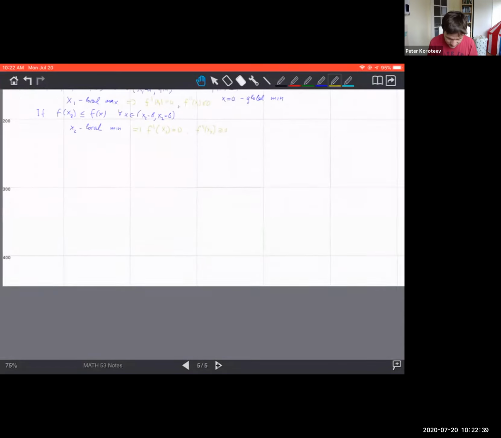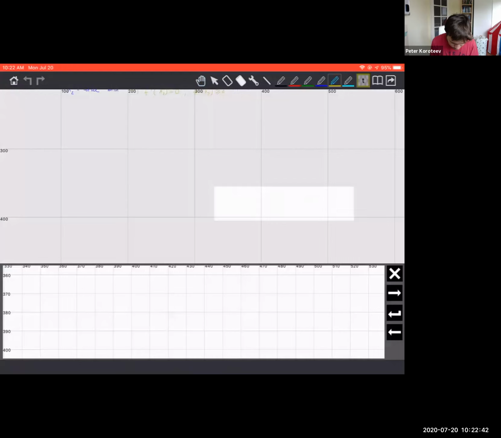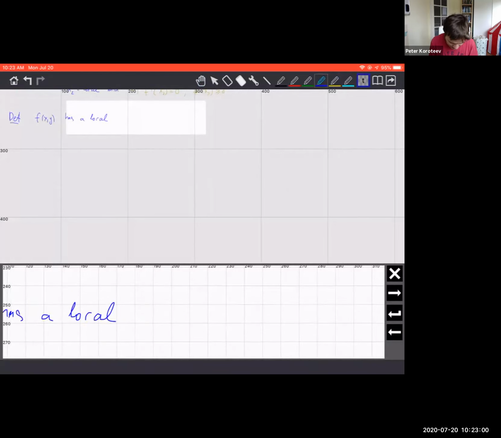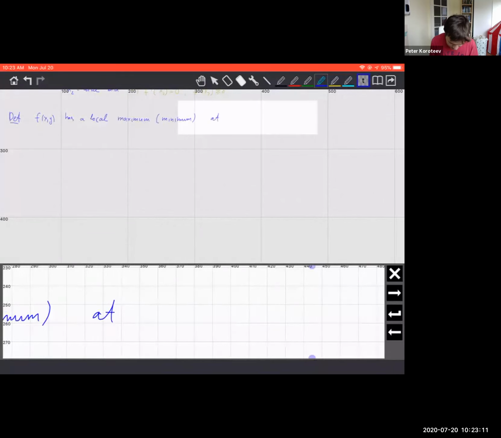First, let's give a definition, which is essentially the same definition, only that two variables are involved. Say a function f of x, y has a local maximum or minimum at point (a, b)